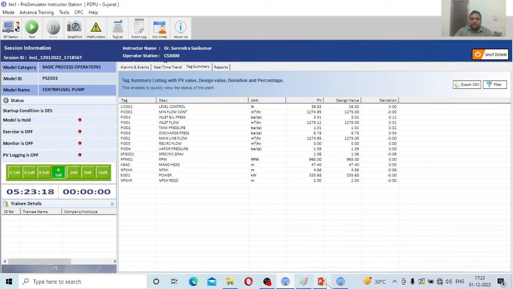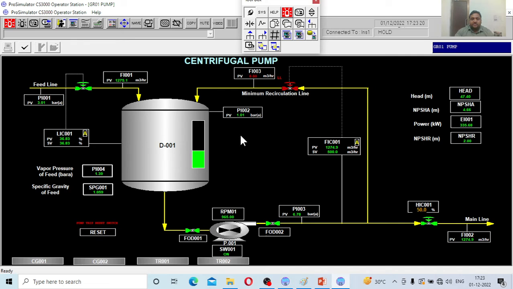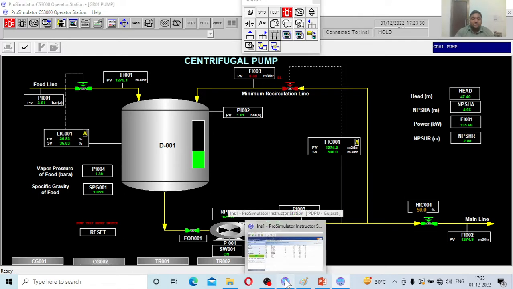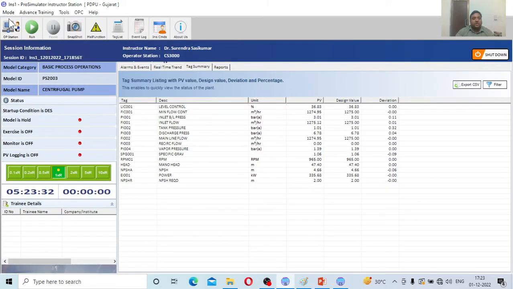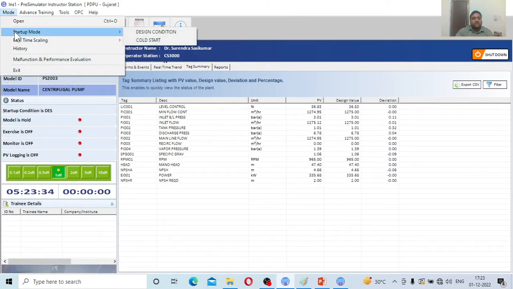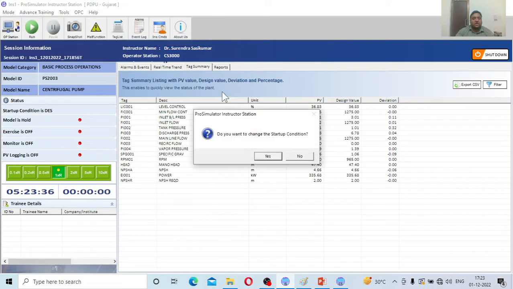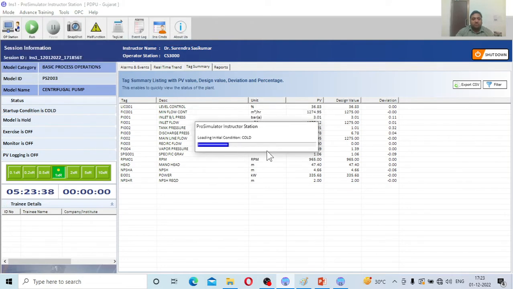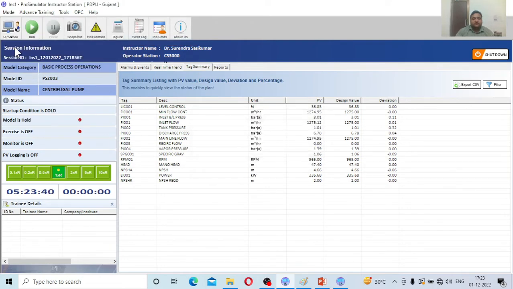This is the steady state operation mode, because everything is in place here: liquid level is maintained, pump is running, all sorts of things are there. Let us go to the cold start mode. To do that we have to go to the line and startup mode, which is called cold start. The moment I click cold start, if you see here,